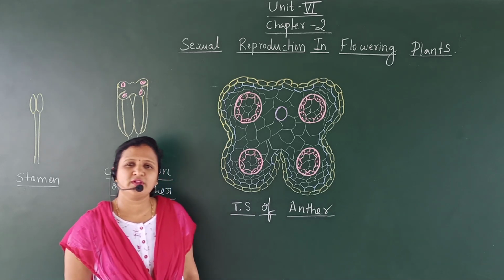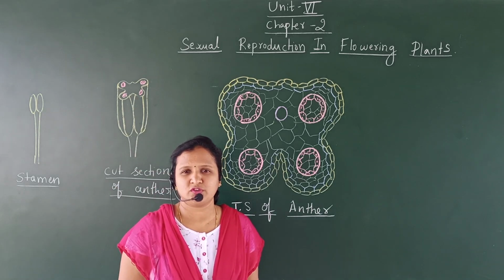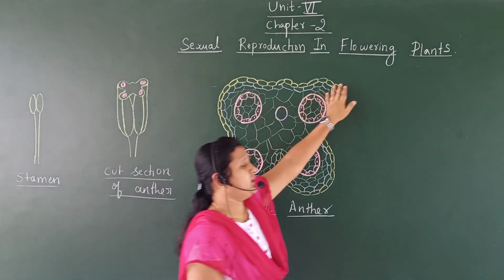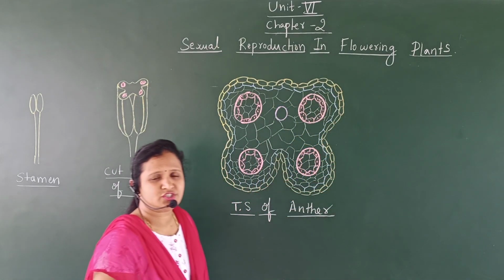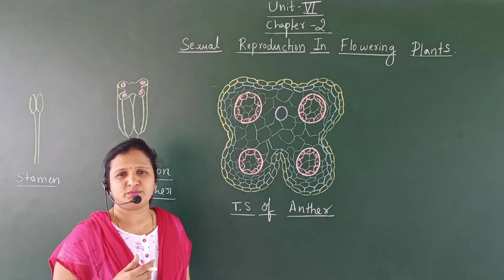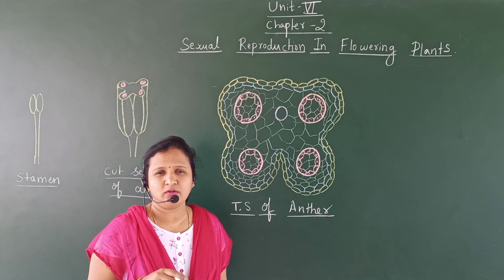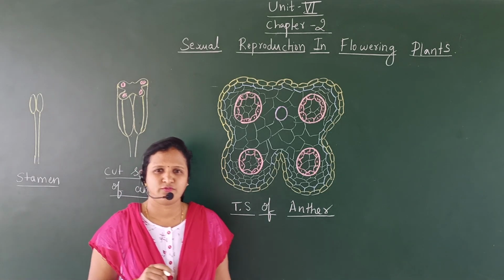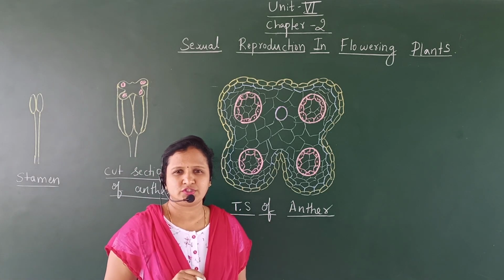And we have come to know that the flower is the main reproductive part in plants. In the flower, the main reproductive parts are the androecium and gynoecium. So we will talk about the androecium and gynoecium in detail: what are the structures involved in reproduction and how the gametes are formed. First we will take up the androecium.